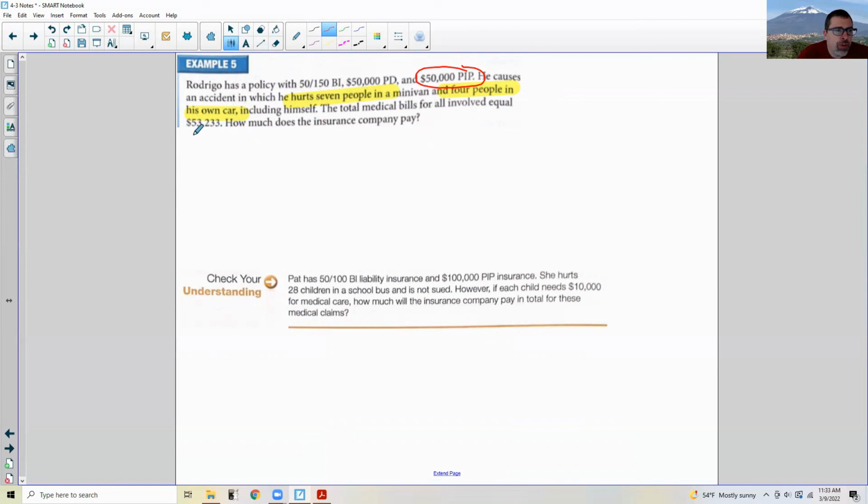So I would assume that nobody's bill was over $50,000. So the PIP will take care of the medical payments without regard to who was at fault. So the company will pay the entire